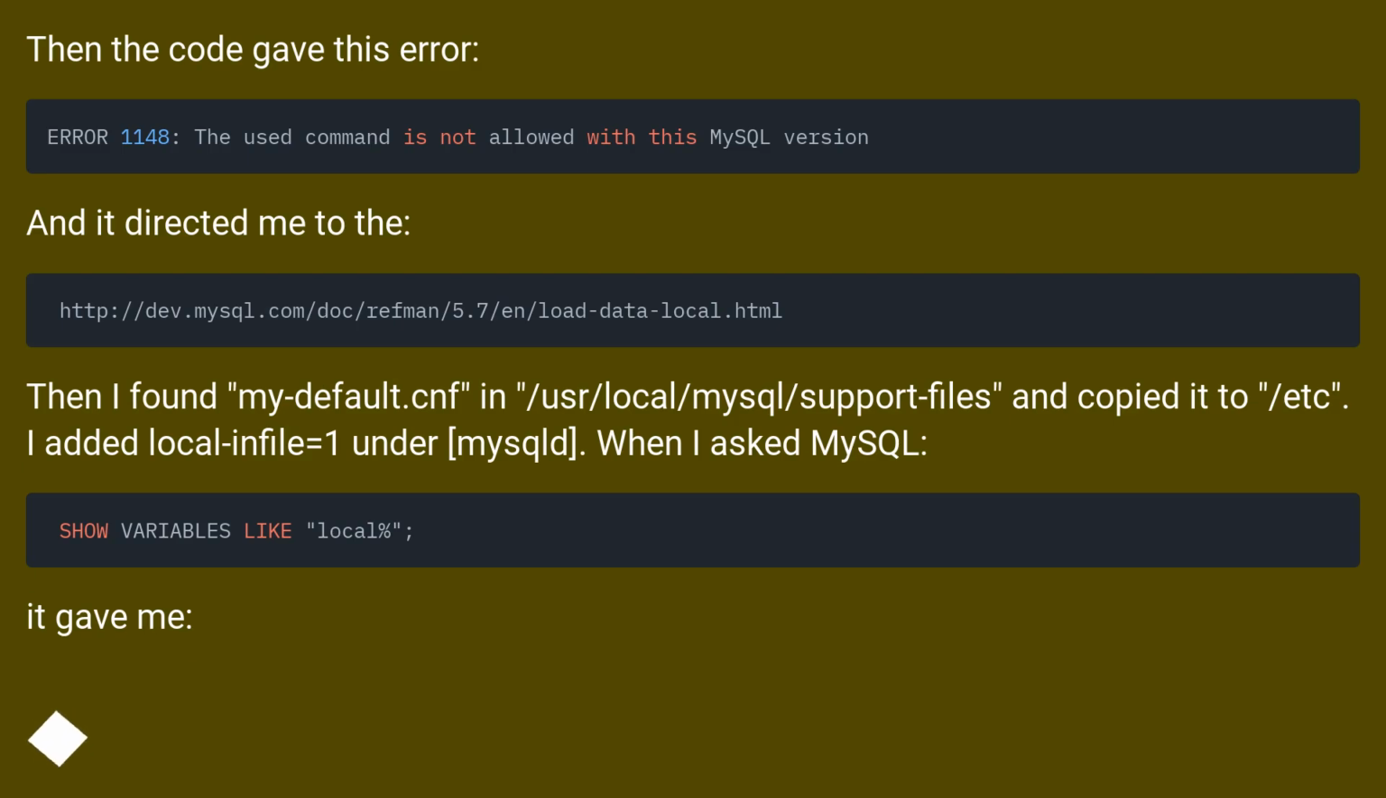Then the code gave this error. And it directed me to the. Then I found my default.cnf and copied it to /etc. I added local_infile = 1 and it miscalled. When I asked MySQL, it gave me